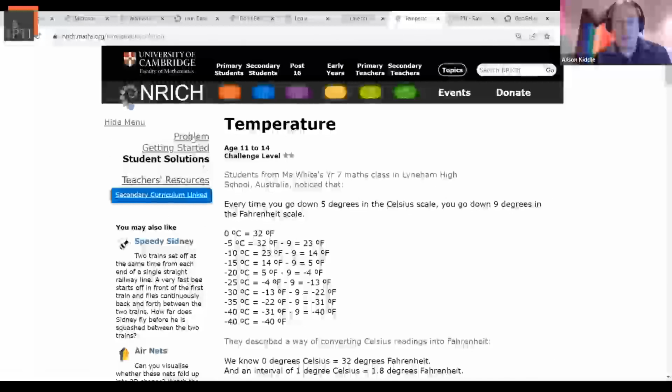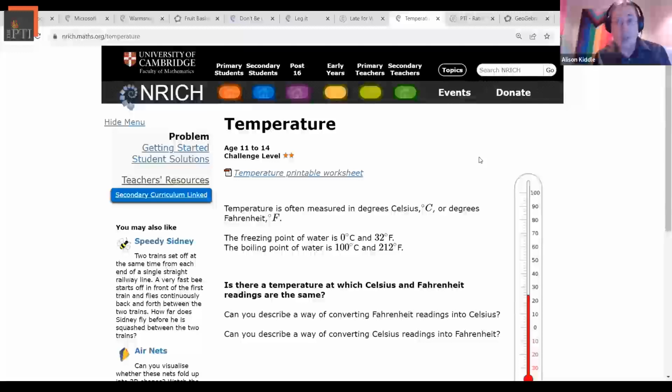So what would be quite nice to do in the classroom is to share this problem with students, but then share all of the different solutions. So not just the way that people in the class come up with to do it, but also the student solutions online. And this is something that lots of teachers find very valuable about problems on Enrich, that these student solutions are there and are available, so that even if nobody in the room happens to come up with a particularly clever way of solving a problem,